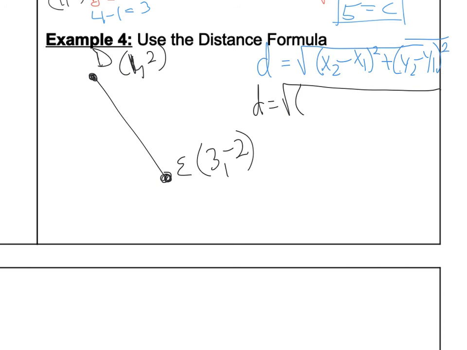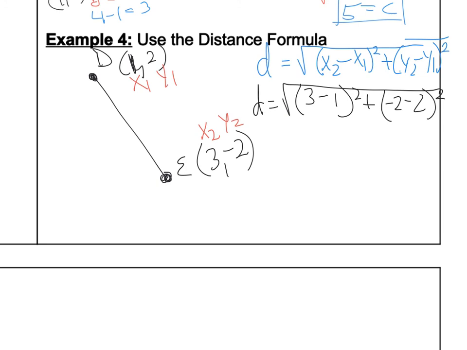3. It would be helpful to say this is x1, y1, and this is x2, y2. Why would I label this one the first and this one the second? Because as I work from left to right, I come to this point first. If you did them backwards, you should be fine, so long as you made sure you used both: x1 here and y1 there. But just follow what I'm doing here. So x2 is going to be 3 minus x1, which is 1, and that's going to be squared, plus y2 is -2 minus y1, which is 2,